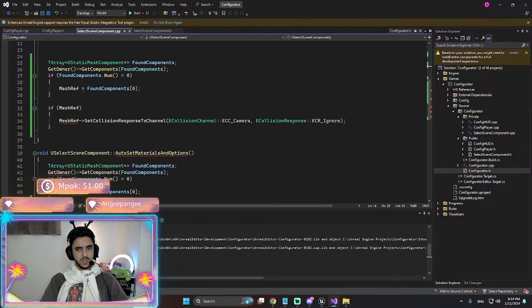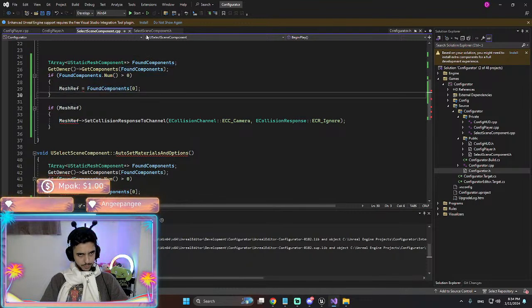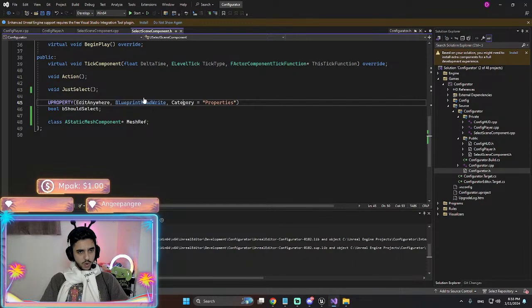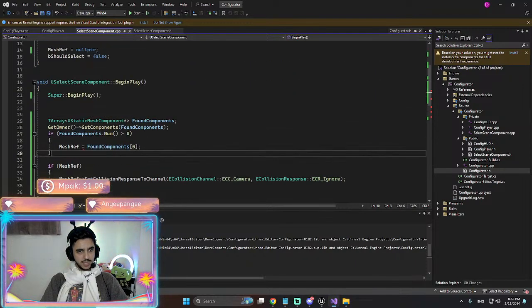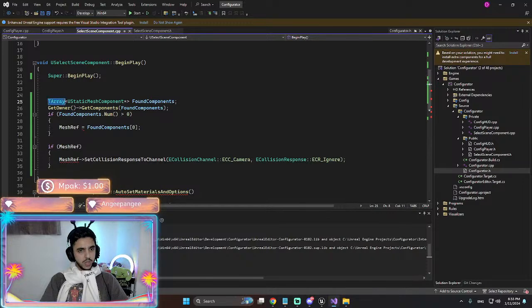We don't need this one. I am 100% sure that it should work now. So we find components of the owner and we get the first one, and that's our mesh ref.